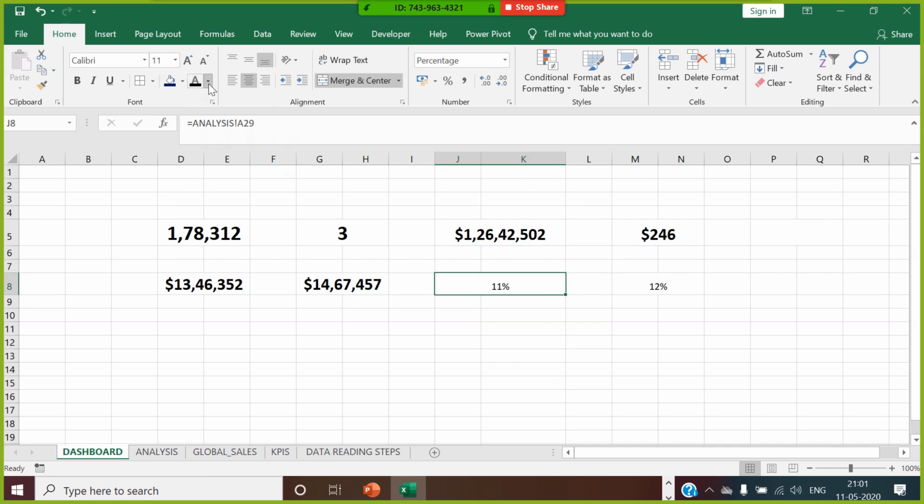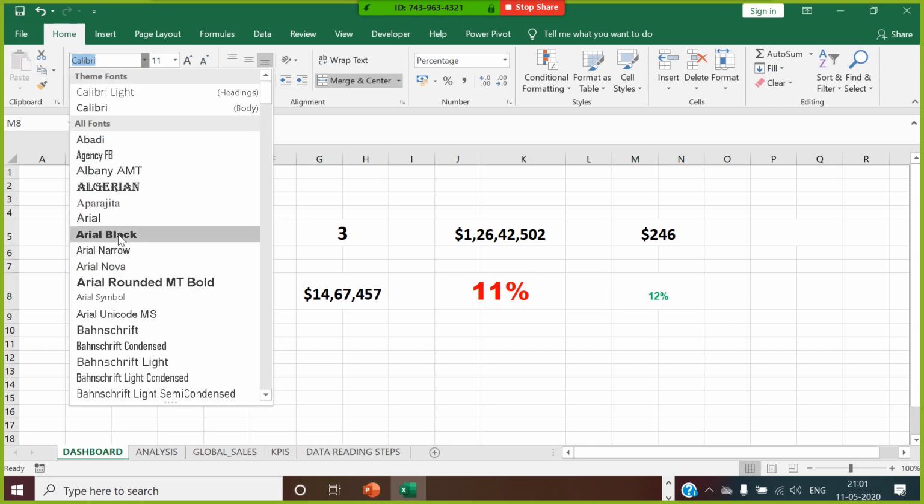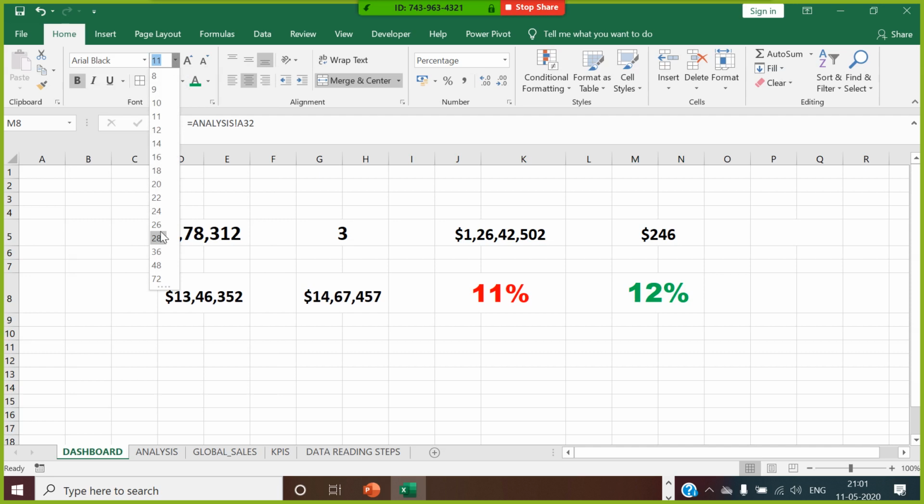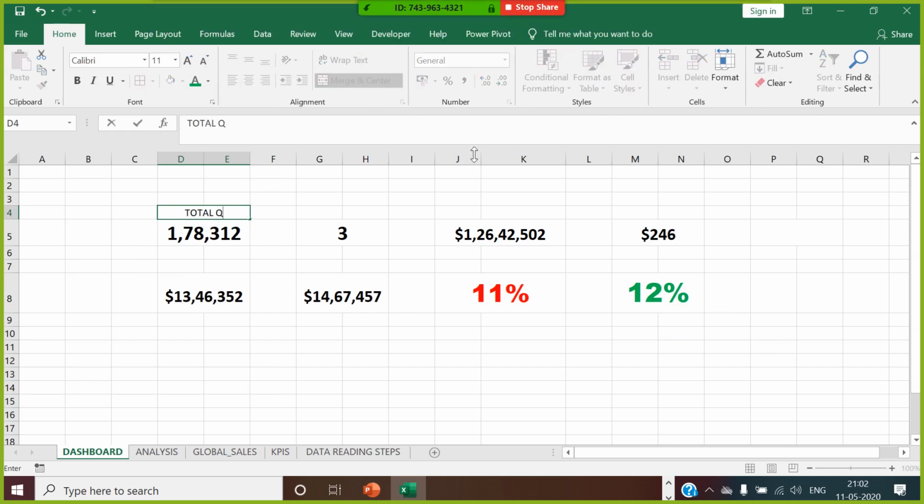This is called discount percentage, which is going to be red, bold, 11%, and discount profit percentage is going to be green, bold, I make it 28, right? So I write here total quantity which has been sold out, make it a red color, bold,